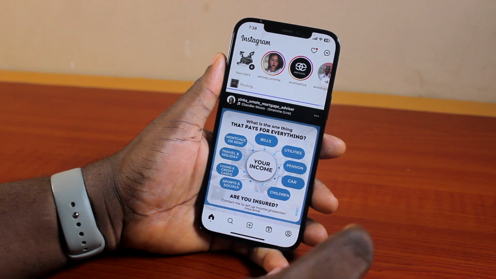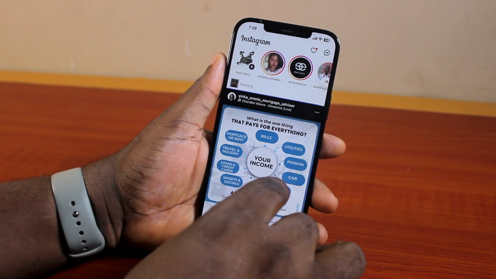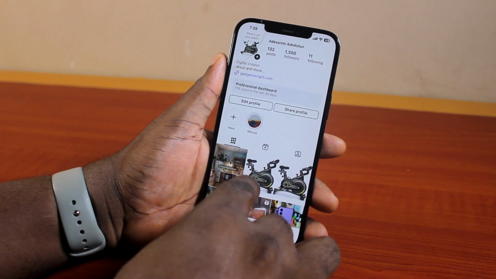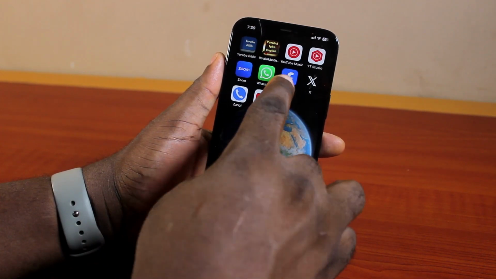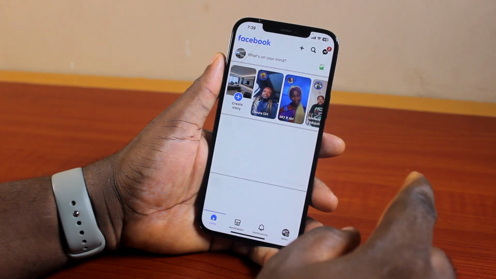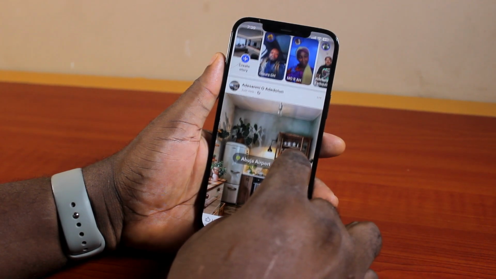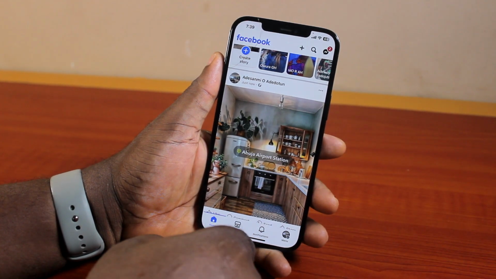Once you hit the share button and this post is posted on your Instagram, then the same post will be posted on your Facebook. Then go ahead and open your Facebook application. Hang on a couple of seconds and you should see the same post here. You see that? So that's exactly how to share